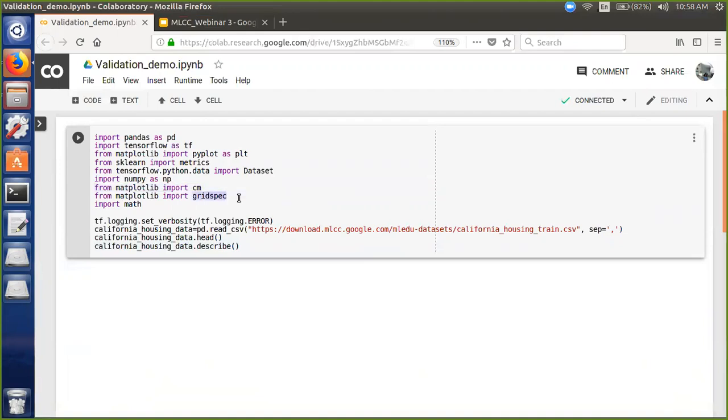Another important library which we are using is gridspec. It specifies the location of the subplot in the figure. We'll see how each and everything is done in the later parts of this video. Now, another thing we have done is we have set the logging to error, hence it will display only the error messages. We have loaded our training data, California housing train, into our data frame, California housing data, and we have